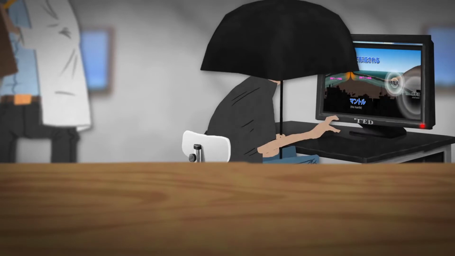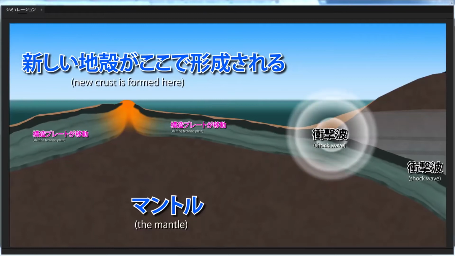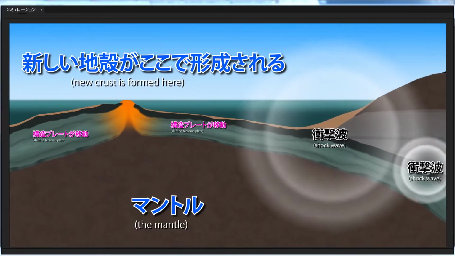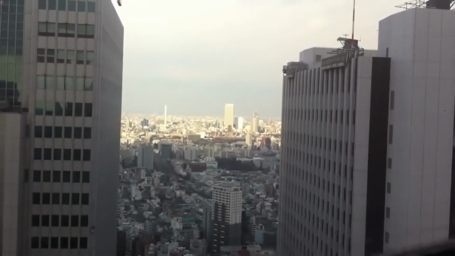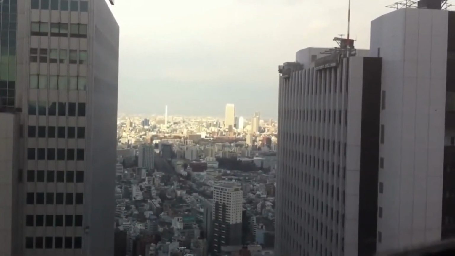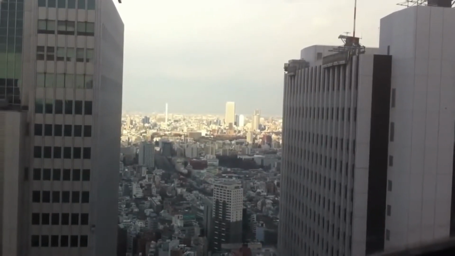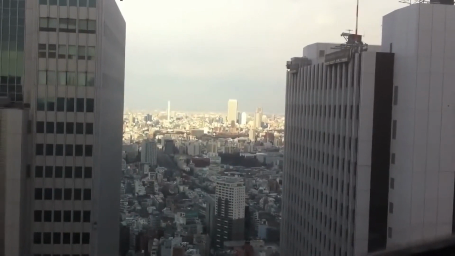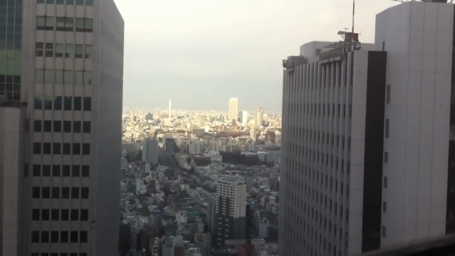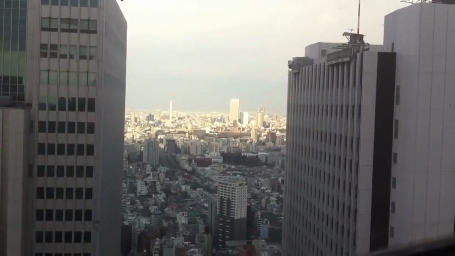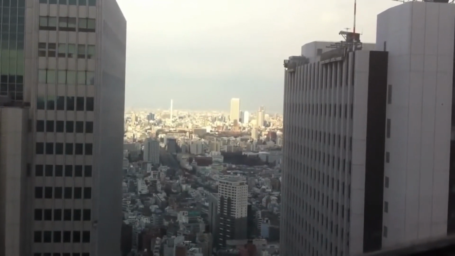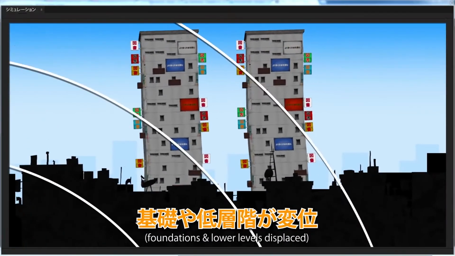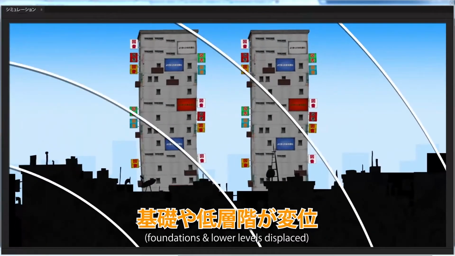Even when simplified to this degree, these models can be quite useful, as predicting a building's response to an earthquake is primarily a matter of physics. Most collapses that occur during earthquakes are not actually caused by the earthquake itself. Instead, when the ground moves beneath a building, it displaces the foundation and the lower levels, sending shock waves through the rest of the structure and causing it to vibrate back and forth.